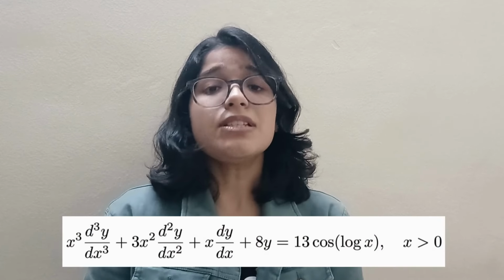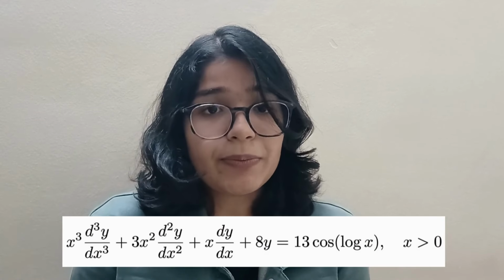Now let's take an example to understand. Before that, we should always remember, if we have a part of the equation like x square d2y by dx2, this can be written as D into D minus 1 into y. Now the question will be displayed on the screen. First we'll substitute x equal to e to the power t. Now putting the del operator, we will arrive at the auxiliary equation to find the value of m. Here the auxiliary equation is m cube plus 8 equal to 0. The values of m are minus 2 and 1 plus minus root 3i.